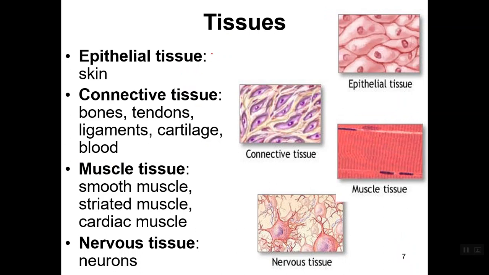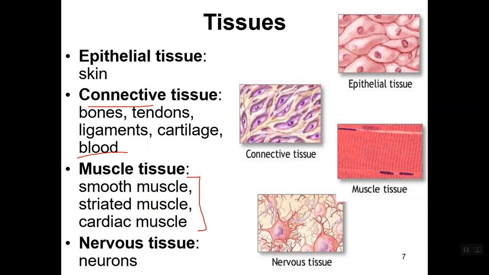I'm going to let you look through these on your own. I'm not going to go over all of these, and you certainly don't have to have them memorized by any means. These are just some examples of body tissues that you have in your body. Epithelial just means skin. Connective includes bones. Blood is considered a connective tissue, by the way. Muscle tissue, there are three types of muscle, but again, you don't have to know that. Then nervous tissue, etc.